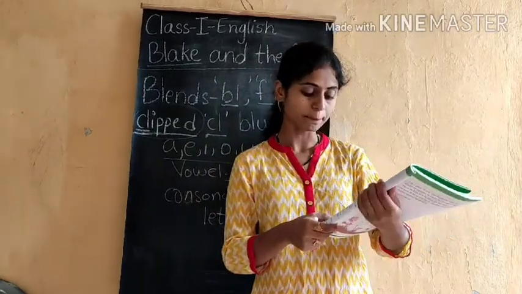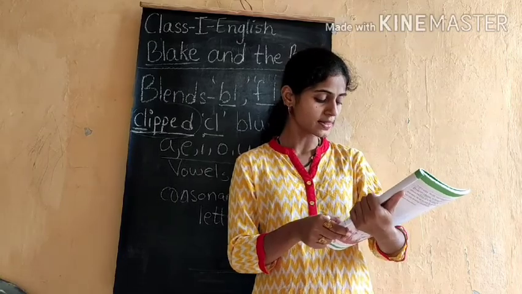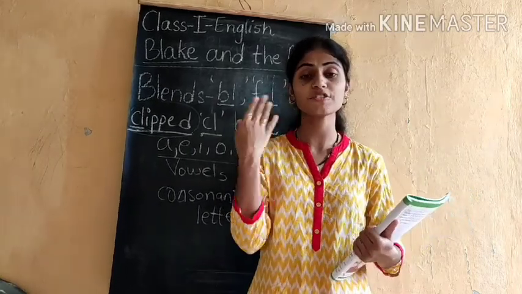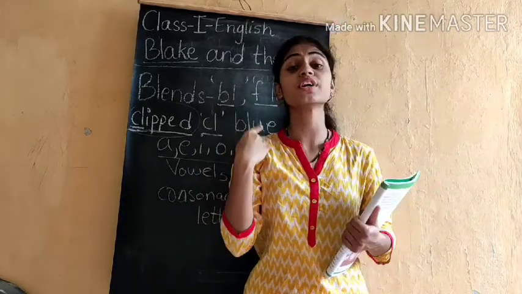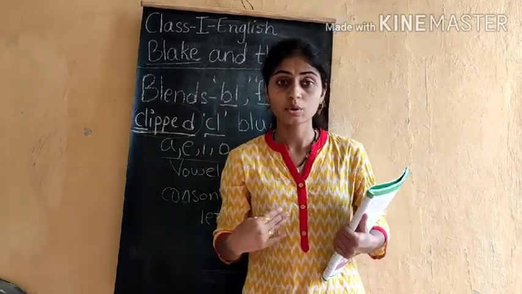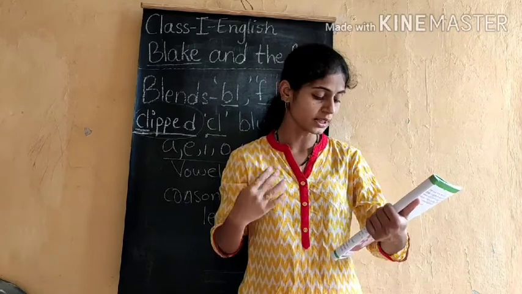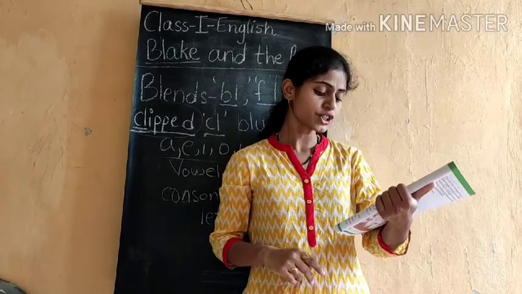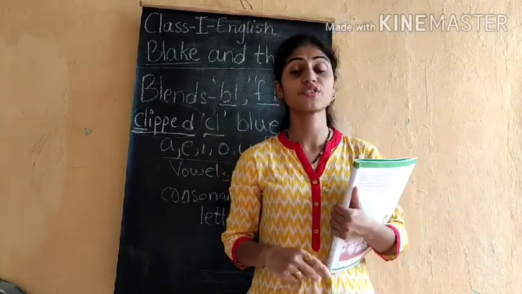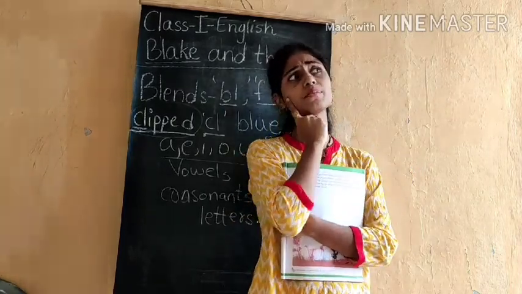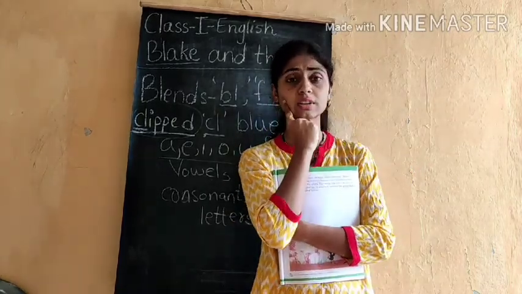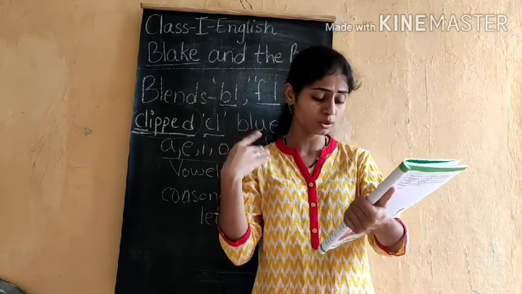Then what happened? He would see the planes and feel the wind blowing on his face. He would see the aeroplanes going from there, and also he used to feel that. He wished he could fly like the rest of his flock. That means he always used to think, I wish I could fly like my friends. He used to always think about that thing.